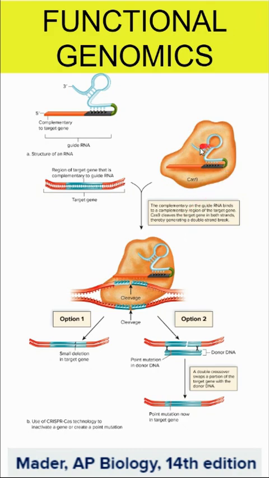So when you give a sequence here, a CRISPR sequence, to a specific target gene that you want to study, the enzyme will cut apart the DNA that you're targeting, and that can create a small deletion, or you can insert a point mutation of donor DNA, and ultimately whatever you are targeting is now basically knocked out or turned